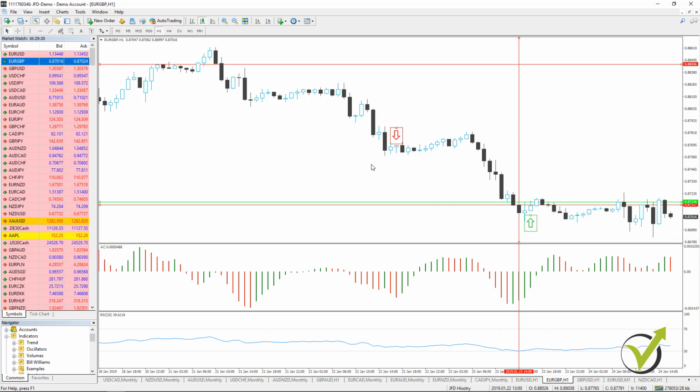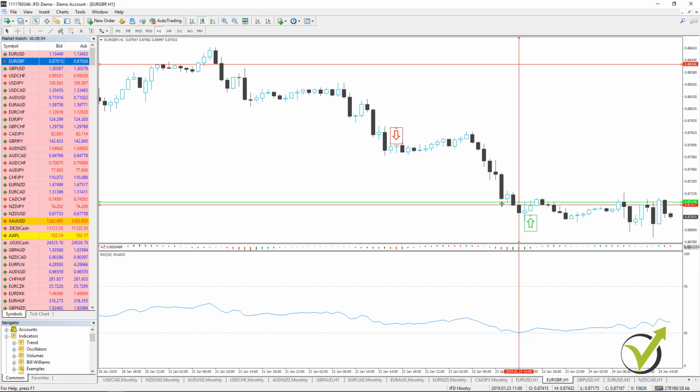Okay guys, so this is the strategy for euro pound. We look for when the accelerator oscillator changes direction. We have the RSI as an exit condition as well. So if we see that the price reaches the 70 level and we are in a long trade, we should take our profit. If it reaches the 30 level and we are in a short trade, we can take our profit. Actually here you can see that we have such a break, I think, for the 30 level.